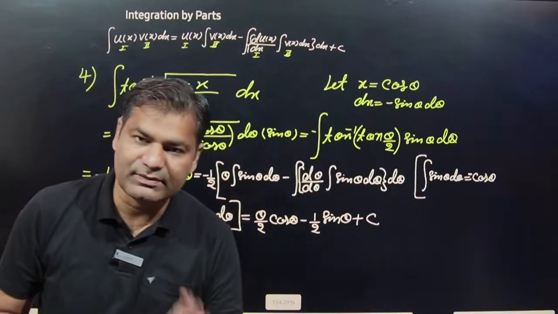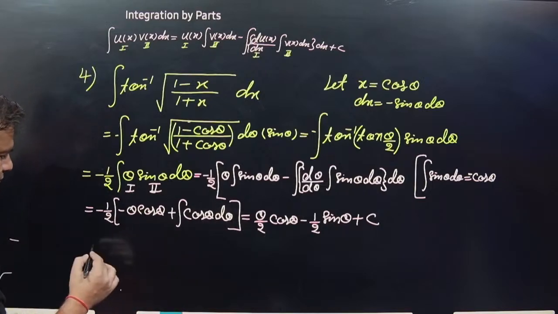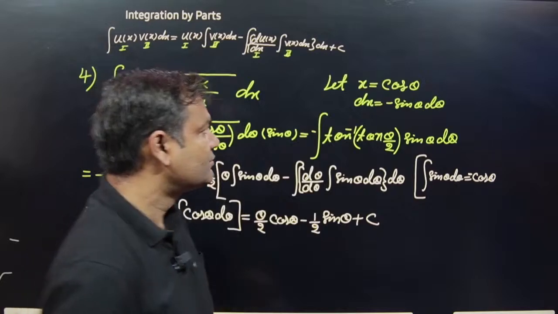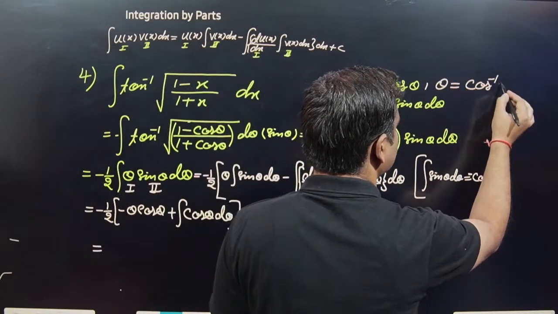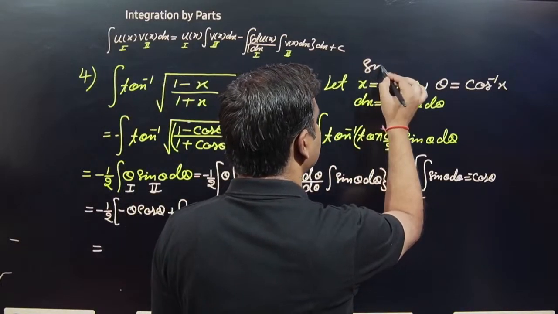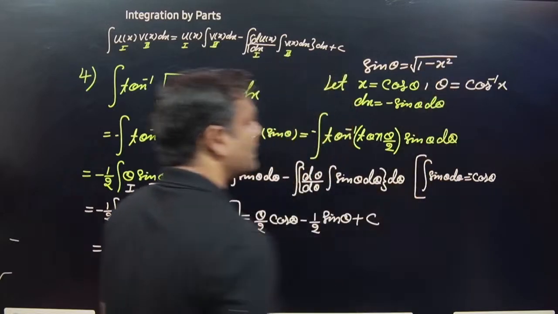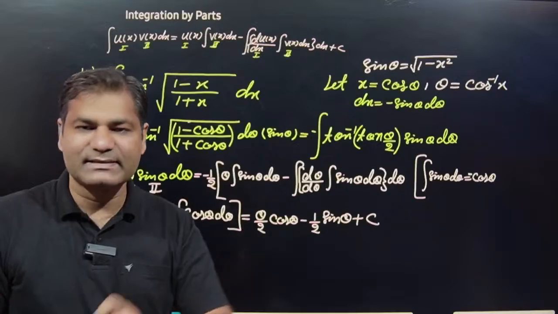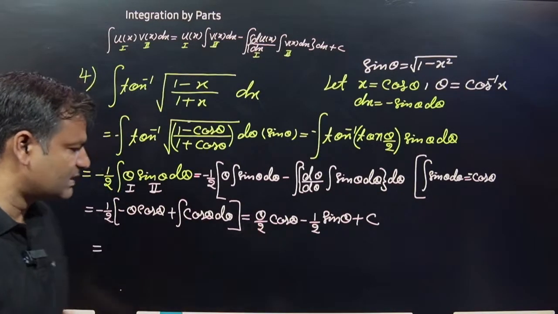After that, look here very carefully. Simply cos theta is how much? X. So what about theta? Theta is written cos inverse x. But what about sin theta? If you did sin theta means under root 1 minus x square. So sin theta replaced to under root 1 minus x square, theta replaced to cos inverse x, and cos theta replaced to x. So this one written 1 by 2,